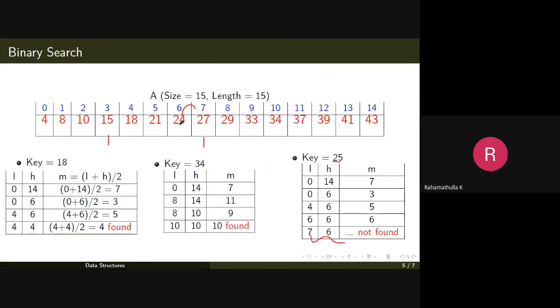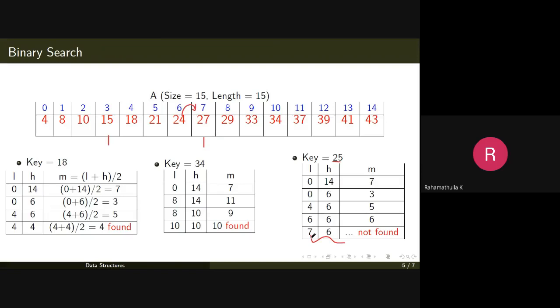A of mid is less than key value, which means that you are supposed to search in the right hand side, but we know that there is nothing in the right hand side that needs to be searched because we have already avoided these values. So it will just set low as mid plus 1, but high is 6 itself.